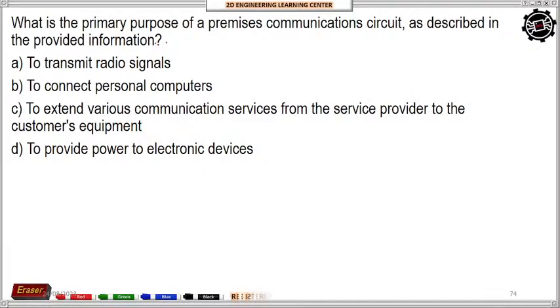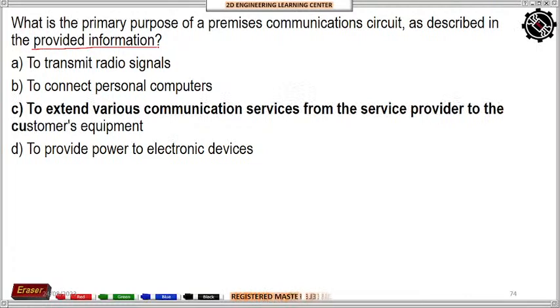So what is the primary purpose of a premises communication circuit, as described on the code? So alin dito yung sagot? Kadalasan kasi ang tamang sagot is yung mataas na choice, no? But not always, kasi meron ding iba na yung pinakamababa yung tamang sagot. Okay, so alin yung sagot nyo dito? Okay, so the correct answer is letter C, to extend various communication services from the service provider to the customer's